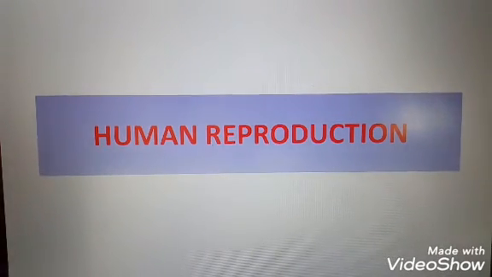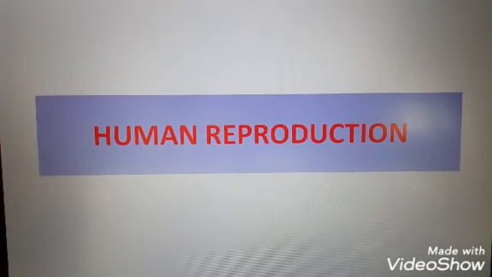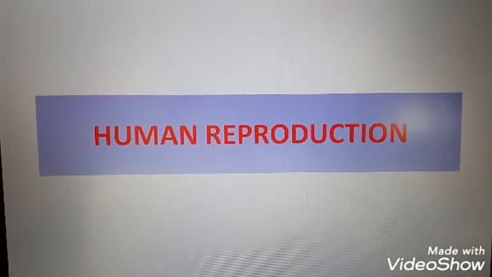Next question is, write the location and functions of the myometrium and the endometrium. Endometrium is the inner layer of the uterus. It assists in cyclic changes during menstruation and implantation of the embryo. And the myometrium is the middle layer of uterus. It assists in contraction of uterus during parturition. Parturition means giving birth. So it is very important, the two portions.